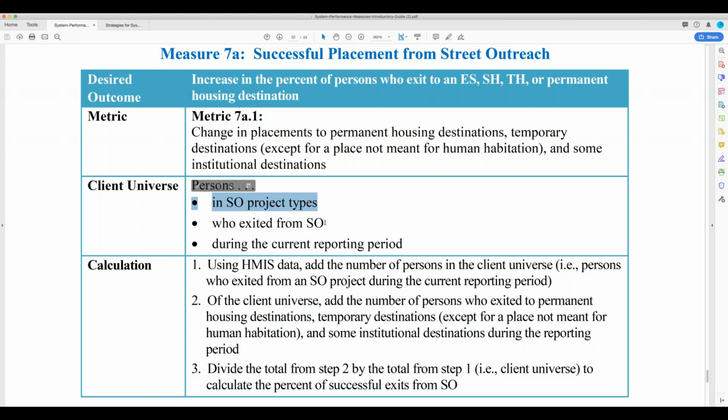And then, as Danielle said, that's not necessarily when the program has discharged them. It just looks like that in HMIS because they've been moved over to the supportive services project while they're in shelter. So they're still receiving that service. So those are the types of wrinkles that these system performance measures have in this particular metric for street outreach. All right, so thank you for that context, Danielle.